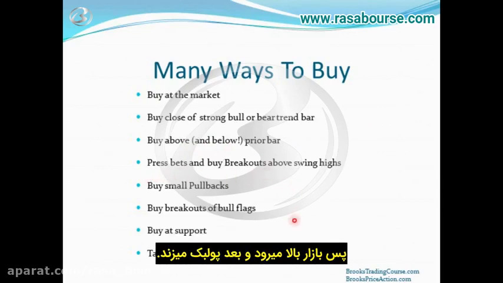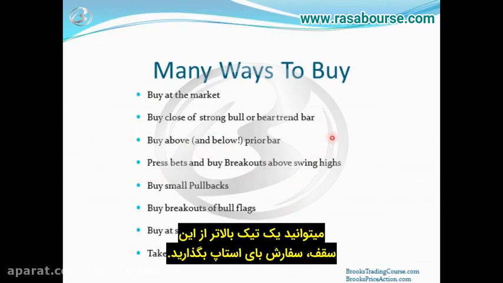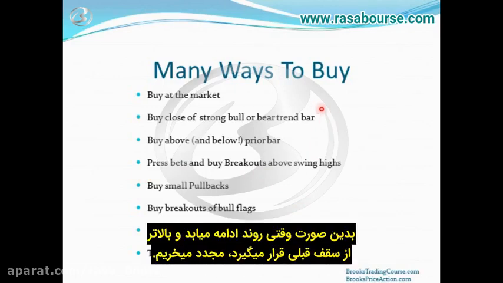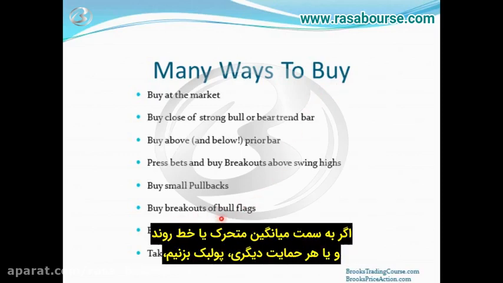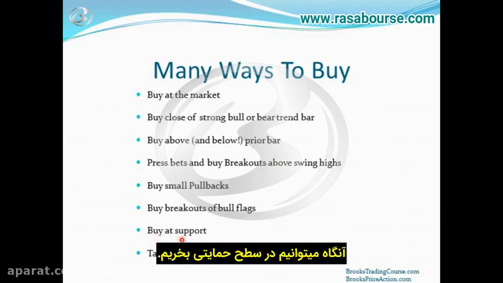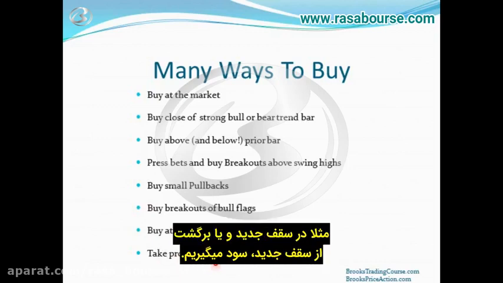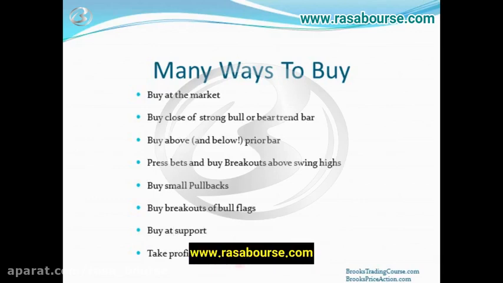So the market goes up, you have a pullback, place a buy stop 1 tick above that high and buy again as the trend resumes and goes above the prior high. If you have bull flags, pullbacks, you buy breakouts of the bull flags. If you pull back to the moving average or a trend line, any other kind of support, you buy at support. And you look to take profits at resistance, such as at new highs or reversals down from new highs.